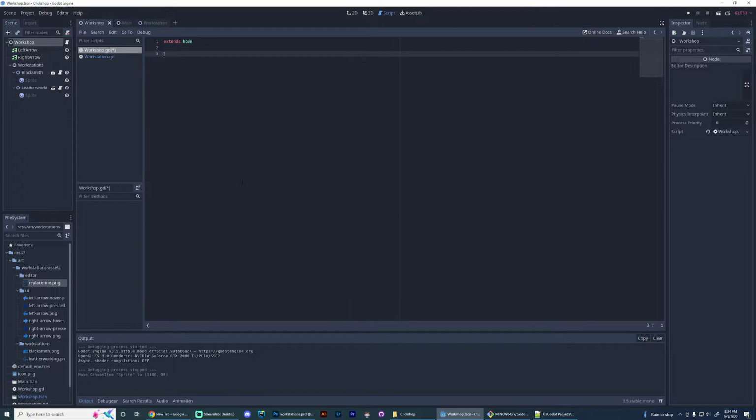So, let's see. Ready. Ready. There we go. Pause for a second. So I'll go up here. So we want to get a list of all the workstations that are available currently. So we'll just declare that. And then already we'll do workstations equals